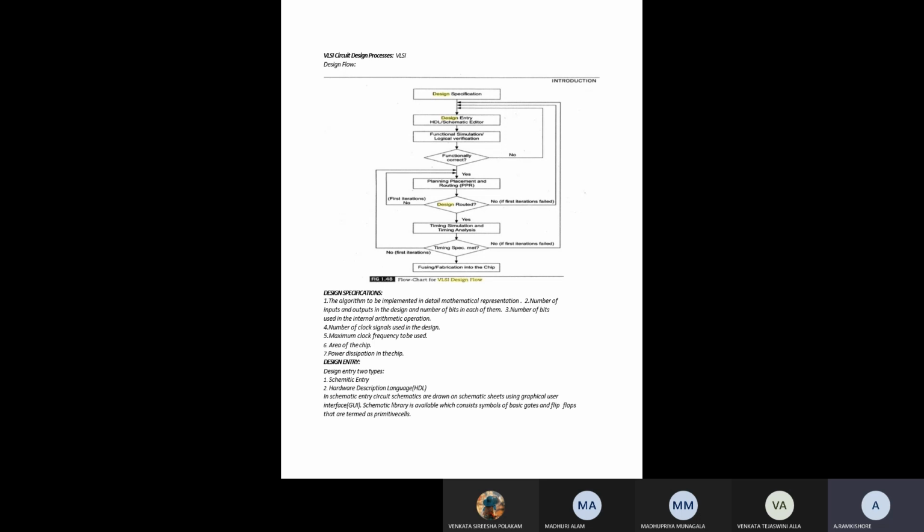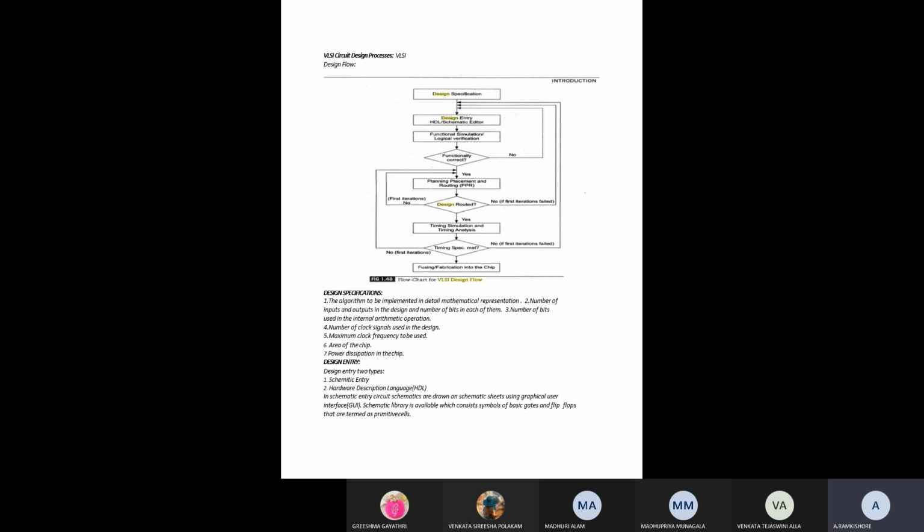That is the number of inputs and outputs in the design, the number of bits in each of them, the number of bits used in the internal arithmetic operation, the number of clock signals used in the design, the maximum clock frequencies to be used, the area of the chip, and the power dissipation of the chip. This is the overall information involved in a design specification. It is an overview of the specific design.